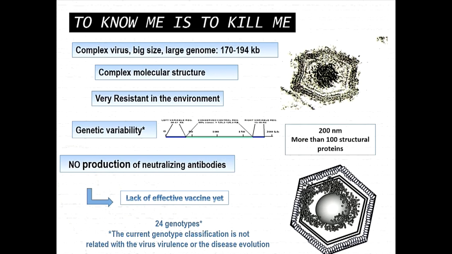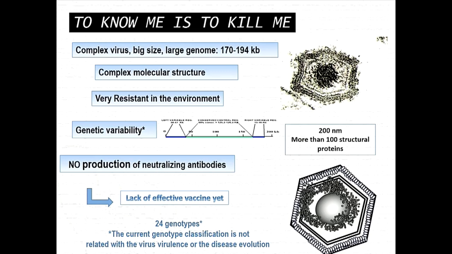Secondly, it has genetic variability. That means we cannot talk about one ASF. There are going to be several clinical forms of ASF over time, because they normally start very acute, but later the natural evolution of ASF is toward very attenuated forms. It's important to know that.